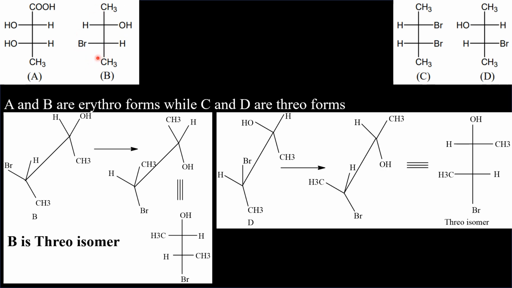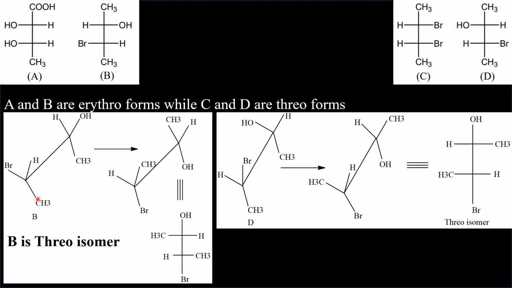Just by looking at the formula, I can say top and bottom are on the same side. So similar methyl groups are on the same side, but here the two hydrogens are present on the opposite. Let me work out this molecule in a different way. I am just drawing the Sawhorse formula of the compound B here. So these two carbon atoms are shown here. This is the carbon at the bottom and this carbon is shown here. These are the two chiral centers.